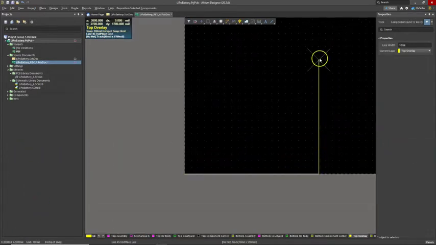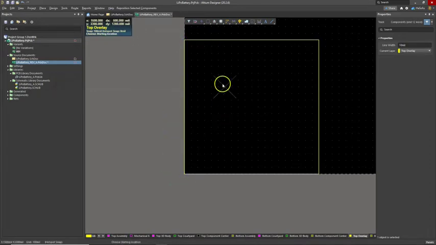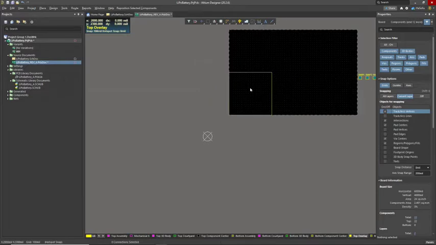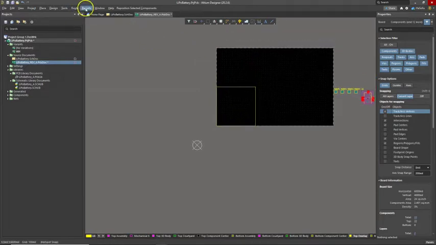I don't know why it needs 2 clicks, but that's just how it is. In the Y direction, we're in the 3000 mils. Click, click again. Click, click again. And double click. Right-click to end that line that you were drawing, and then right-click again to get out of the line drawing mode. Next, we want to